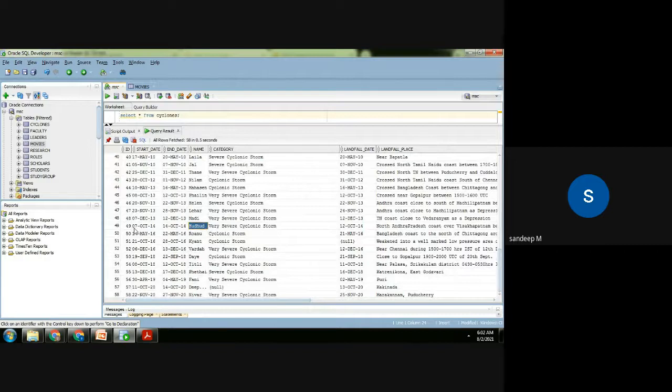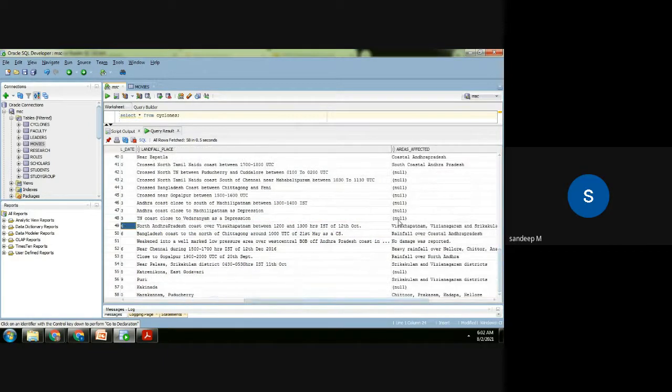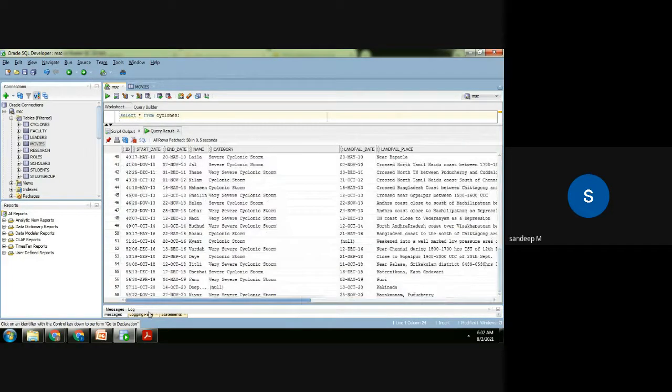Okay, so here it is. 2014, you have the cyclone. Okay, so this landfall and all the values, the maximum speed, the areas affected, and the death toll. Okay, 260 is the maximum speed. So this sort of data you can get.